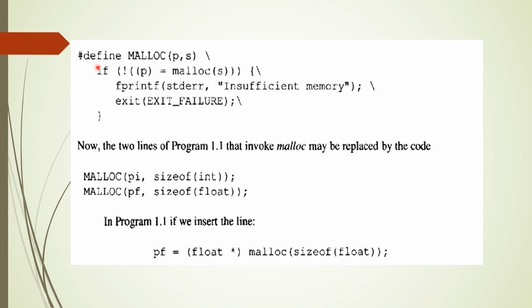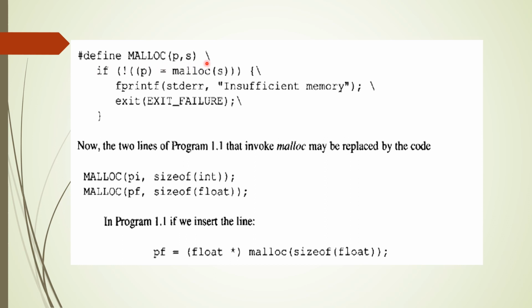So instead of sending the control to the place where you have the definition of the function, you can replace the function call by the function definition. That can be done by the macros. If you use a macro, the function call will be replaced with the function definition. That can be achieved like this: you make the malloc function a macro.